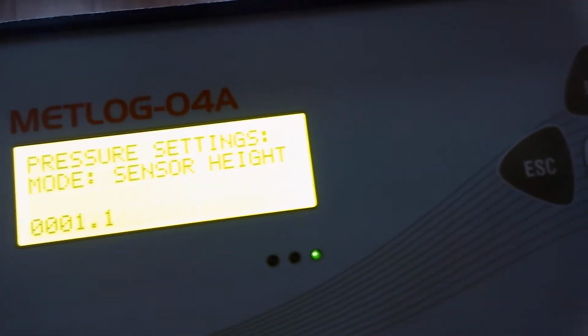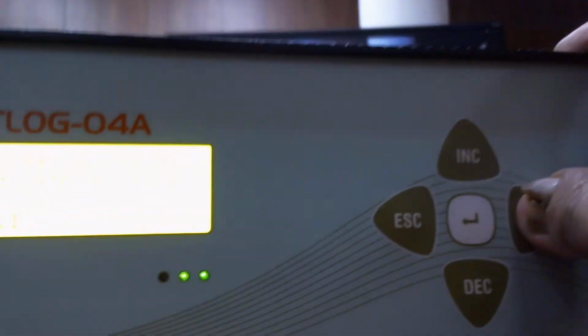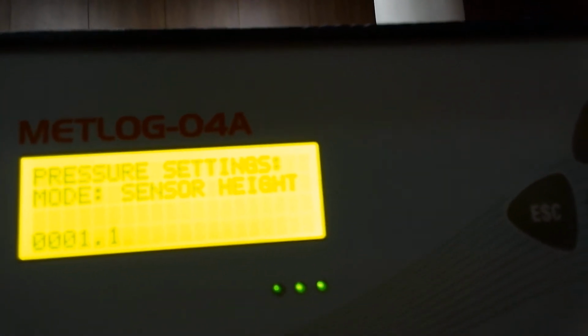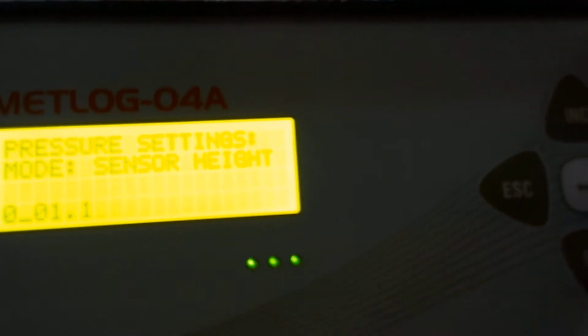When you press select button, these digits will start blinking. Then which digit do you want to change? The last decimal digit. So keep on pressing select button.